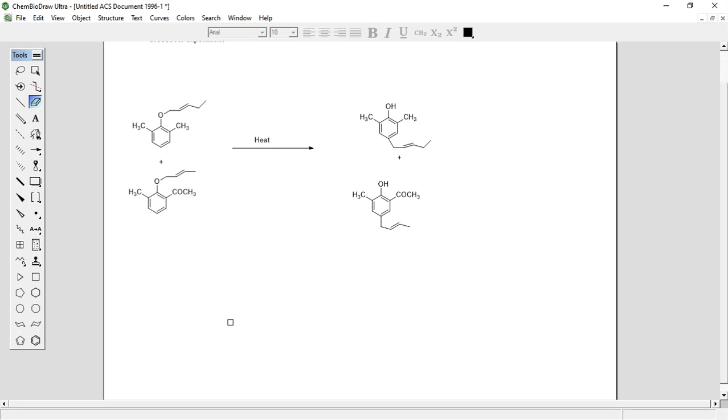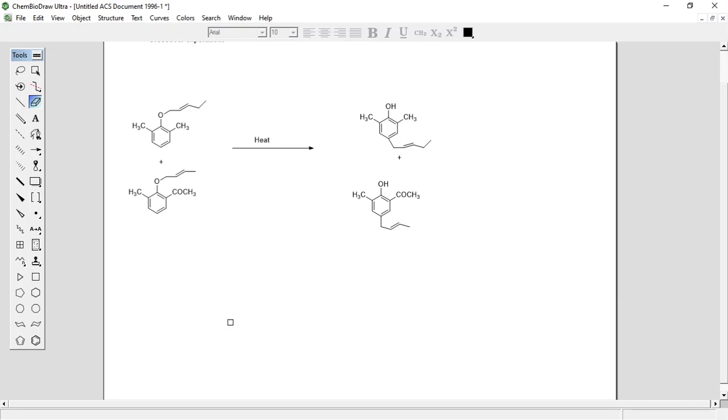Okay, in the first reaction, the Fries rearrangement, you are reacting two reactants and getting four different products, and two of the products are due to crossover, the crossing of one fragment from one molecule to another molecule. So the Fries rearrangement is an intermolecular rearrangement and it is a two-step reaction. While this one, the Claisen rearrangement,